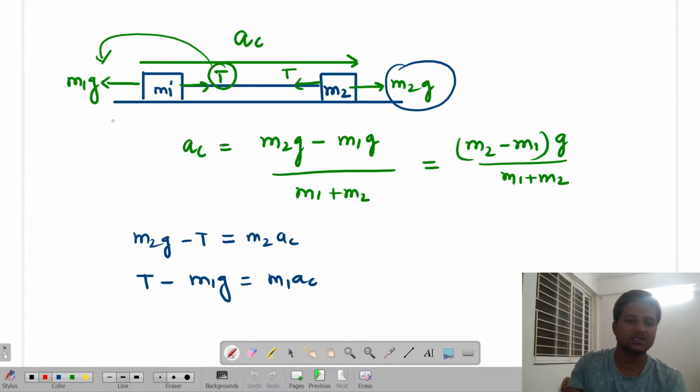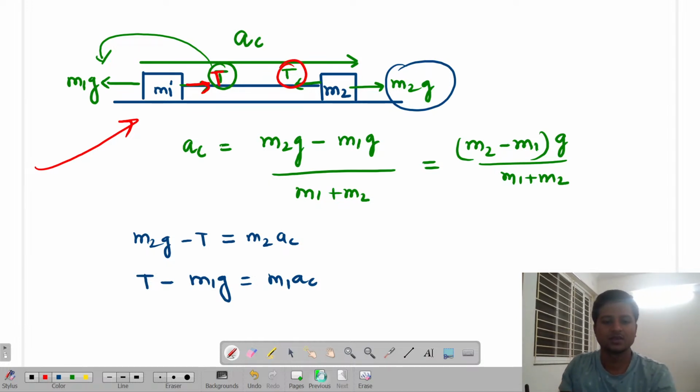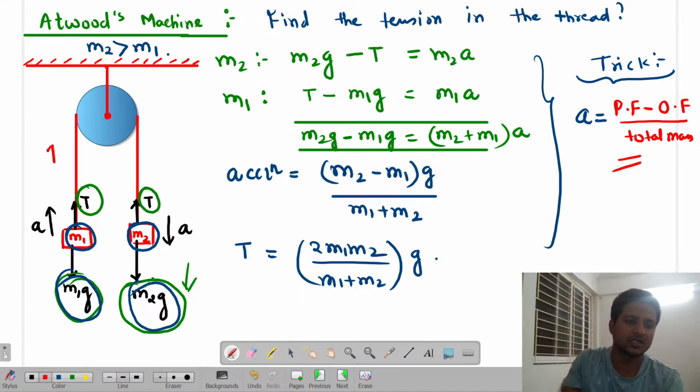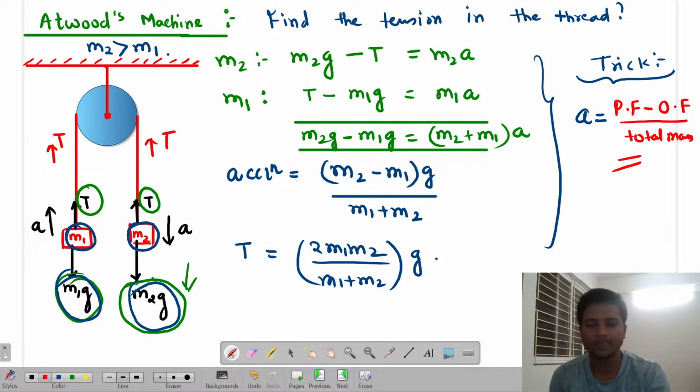Because look over here, as I just expanded that same case in a horizontal way, what happens? For this tension, there will be an equal and opposite tension or not. So that is why in this pulley system also the tension T for this side is upward and for this side it is also basically upwards. Are you able to get me or not? Understood? What is the equation? Pulling force minus opposing force divided by total mass.